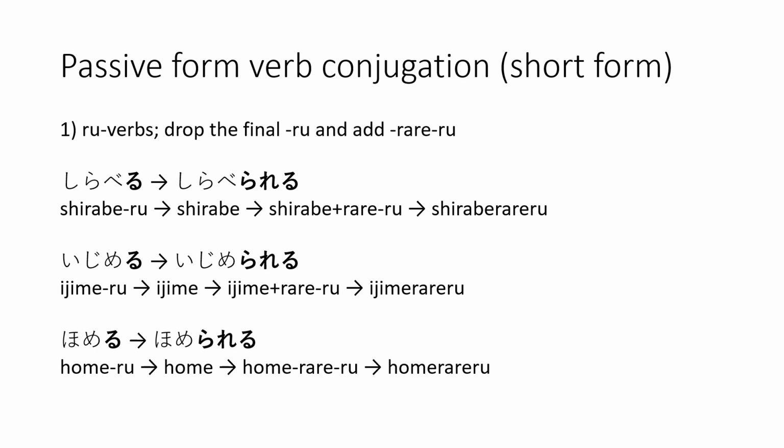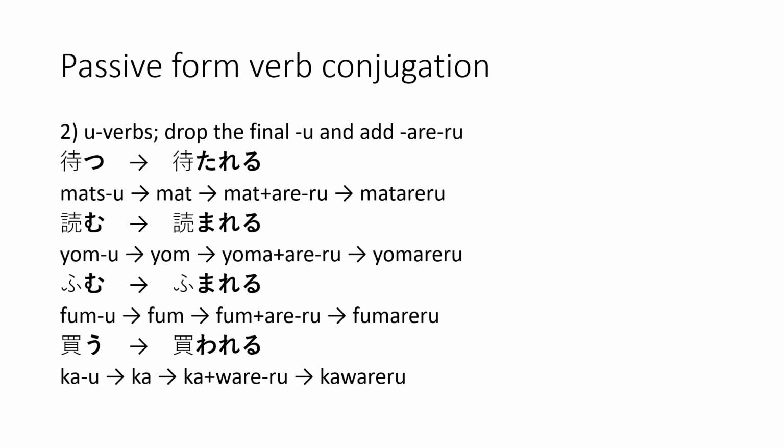Passive form verb conjugation. Ru verbs. Drop the final ru and add られる。調べる、調べ、調べられる。いじめる、いじめ、いじめられる。褒める、褒め、褒められる。U verbs, drop the final u and add あれる。待つ、待たれる。読む、読まれる。踏む、踏まれる。買う、買われる。When the ending is u, われる is used, not あれる。